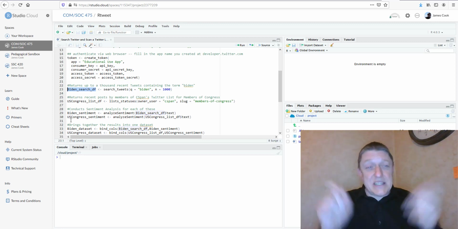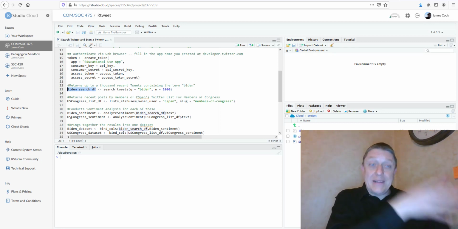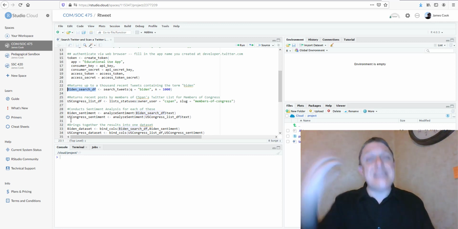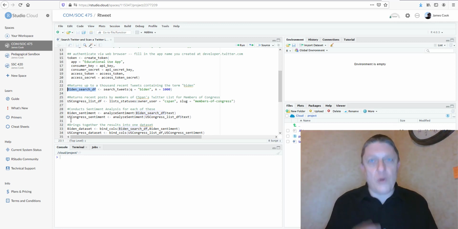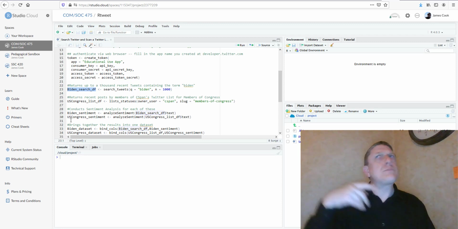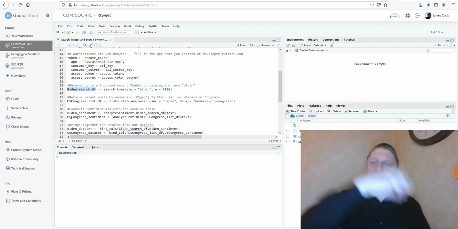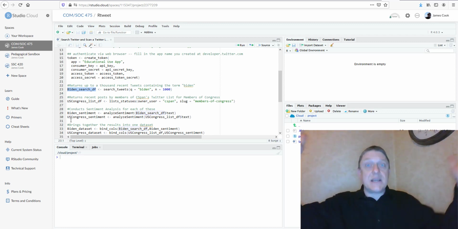So the underscore is like a space, and I'm calling it Biden_search_DF because it's going to result in a Biden search database is what we'd usually call it, or you could call it, if it was on a spreadsheet tab. But within R, it's called a data frame, and it's a classic